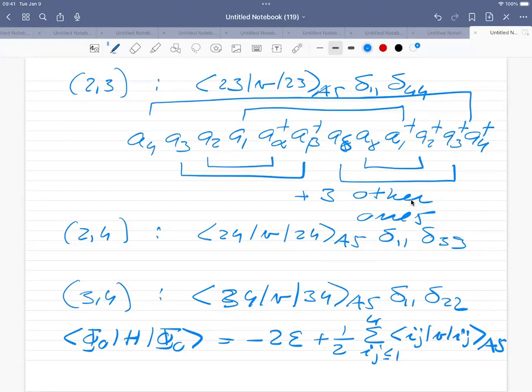Now, if we look at the specific Hamiltonian we have, if we go back to this Lipkin model, the Lipkin model had a two-body interaction which linked states with different spins. In our case, we don't have states with different spins. So it means that the states i and j here have to have the same spins. If we remind ourselves shortly about that Hamiltonian, what we looked at yesterday was a Hamiltonian which had